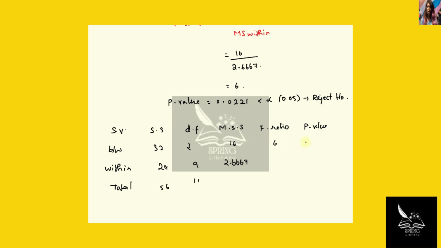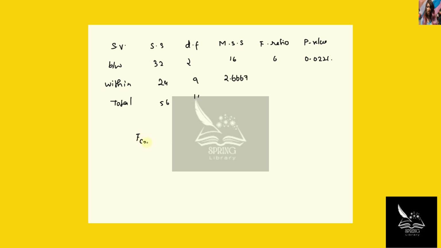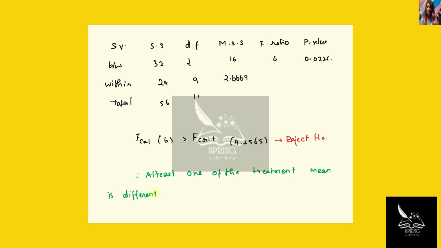2.6667, 6, 0.0221, and also the F calculated value, which is 6, is greater than the F critical value, that is 4.2565. So we reject our null hypothesis H0, and also we conclude that at least one of the treatment mean is different